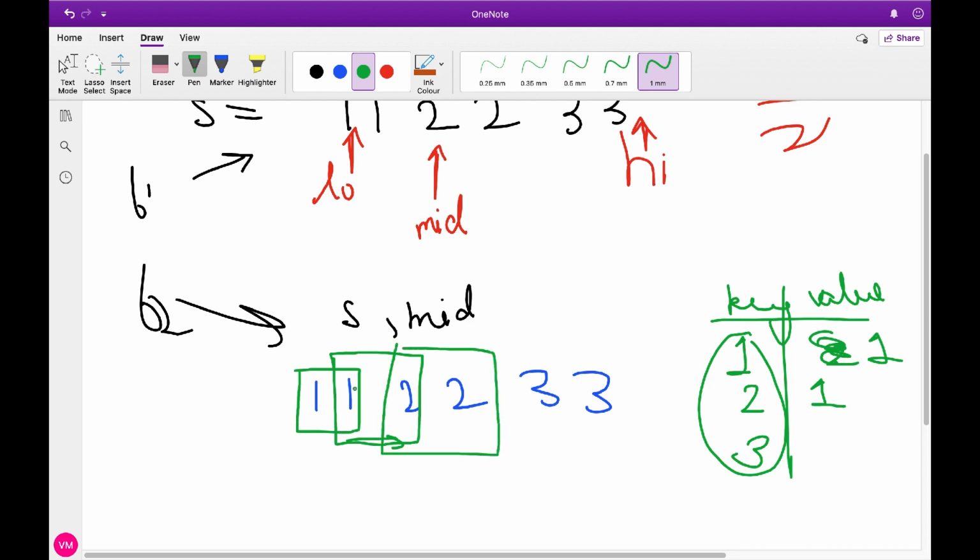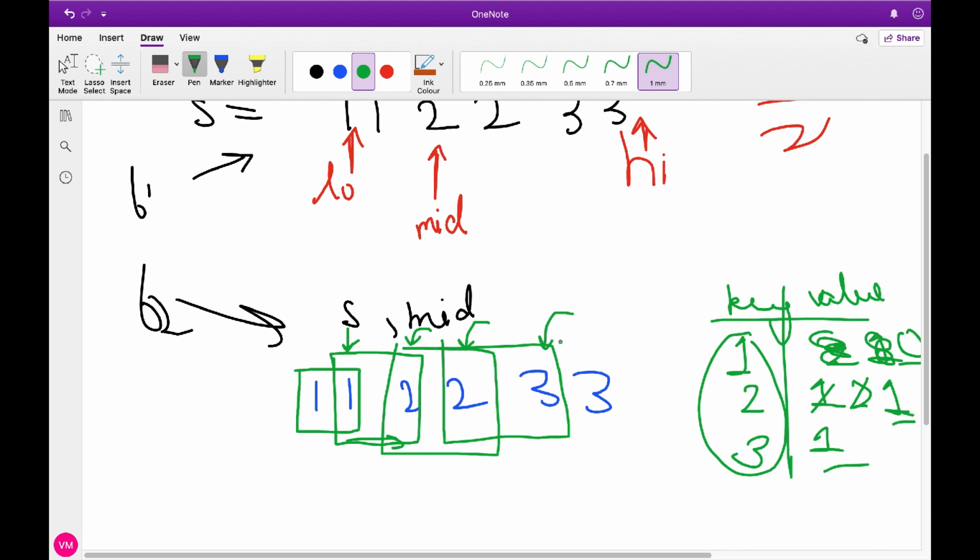Firstly I need to discard the last character and include the next one. So this frequency will become 0 and the coming character is 2, so I will increase its frequency by 1, so it becomes 2. Still I don't have all the characters with frequency at least 1, so I will move the window. I will first remove this and then include this. So it's 1 again and it becomes 1. No, it's 0 1 1.